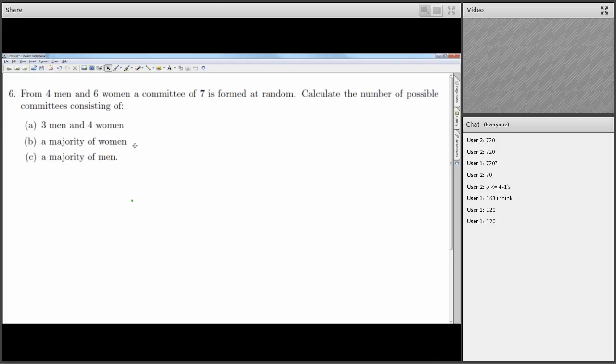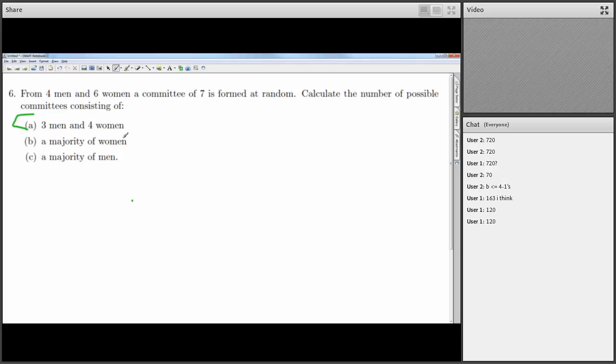So let's do a simpler case at the moment. We have to worry about the genders. So I've got 3 men, 4 women. Let's just do this case. I want to get a committee of 7 people. I want to have 3 men in it and 4 women in it. Just how many different ways are there of doing that? And then you can answer things like probability later.